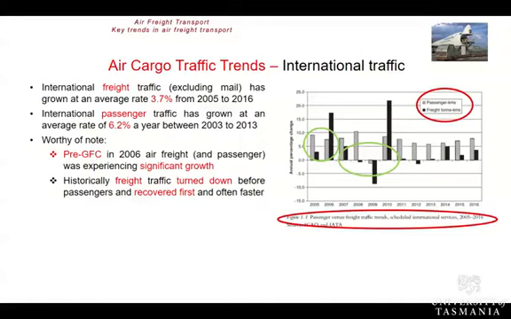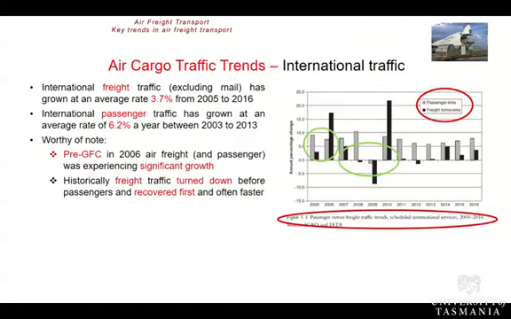What we've found is that over time, air cargo has been affected quite considerably by the economic climate at the time. And as we lead into a recession, you will often find air cargo is affected first and quite considerably as a lead into that particular recession. So as you can see there, it's gone from over 15, it's then gone to around about 5, then it's gone into a negative, and then it's almost 10% down in terms of growth rate.